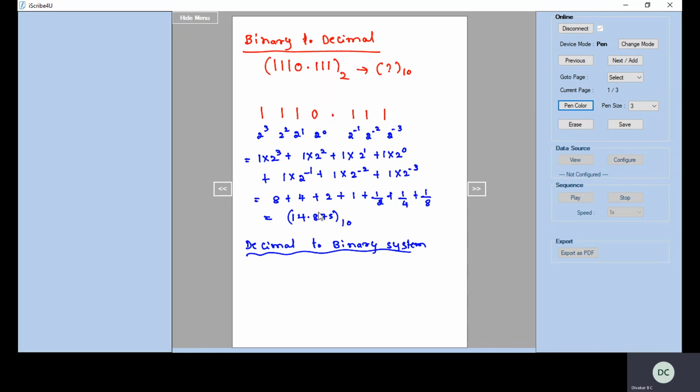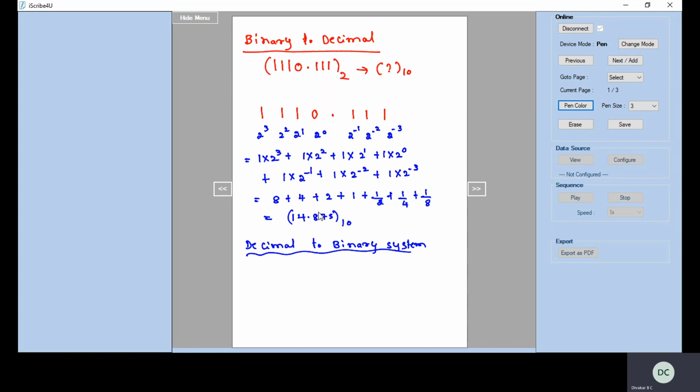Multiply it until it reaches 0 or up to 5 times the count. Write all the carries generated from the multiplication procedure from top to bottom for the given binary equivalent. So now let us take the example